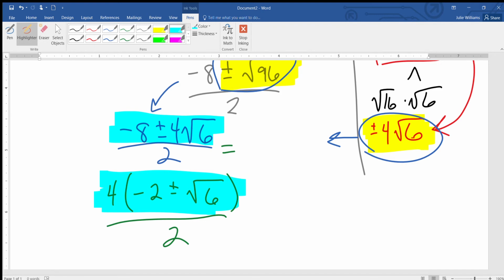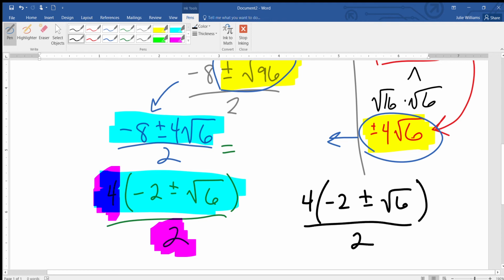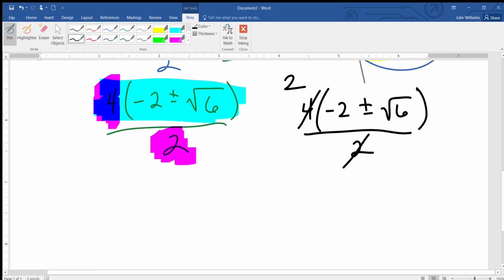But now you can also see, I'm going to highlight these in purple, that 4 and 2 have a common factor of 2. So let me rewrite this so it's not so messy. So I have right now 4 times the quantity -2 plus or minus the square root of 6. This is all divided by 2. If I were to divide top and bottom by 2, this goes away, this becomes a 2. So then my final answer is going to be